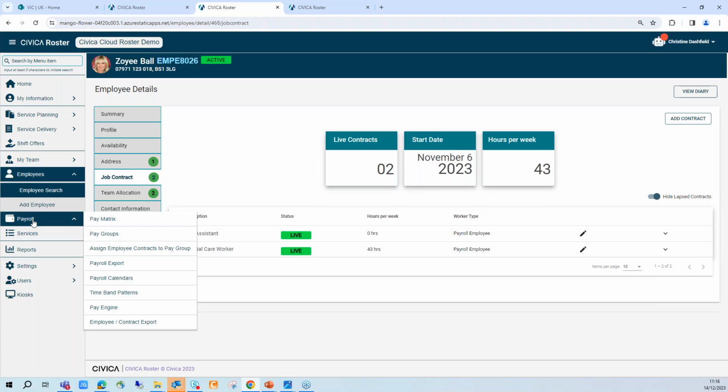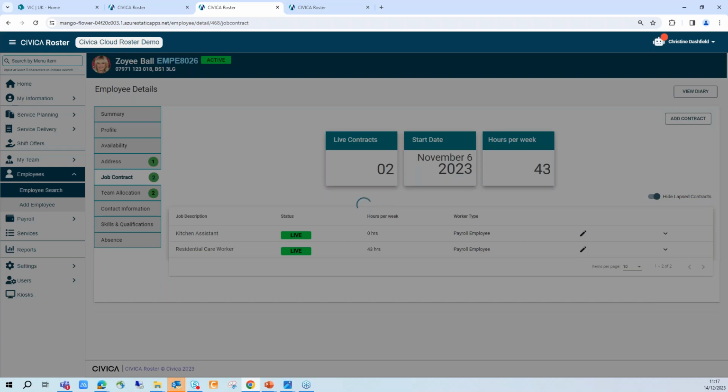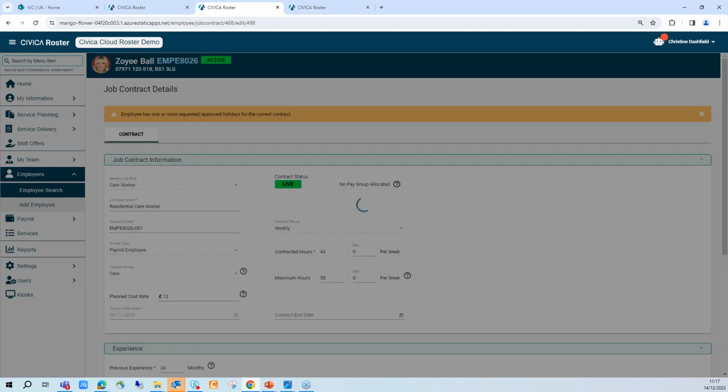And you'll also be able to define what we call time bands. If somebody is working a shift and they work over that bank holiday, do they get paid the whole shift at one rate, or at midnight does it go into a different rate, or at 8 o'clock at night do they get an enhanced rate because they're working into or out of a bank holiday? So lots of rules around pay for each contract that an employee works. Now, Zoe works as a residential care worker on a 43-hour